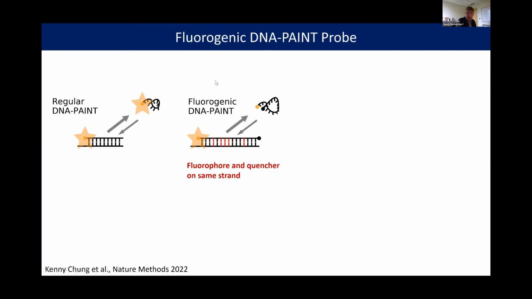So we combined on the imager strand, next to the dye molecule on one end, we put a quencher on the other end. If the molecule's in solution, it kind of moves around all the time. It's flexible. The quencher gets into close proximity of the fluorescent dye, and it prevents the emission of fluorescence from